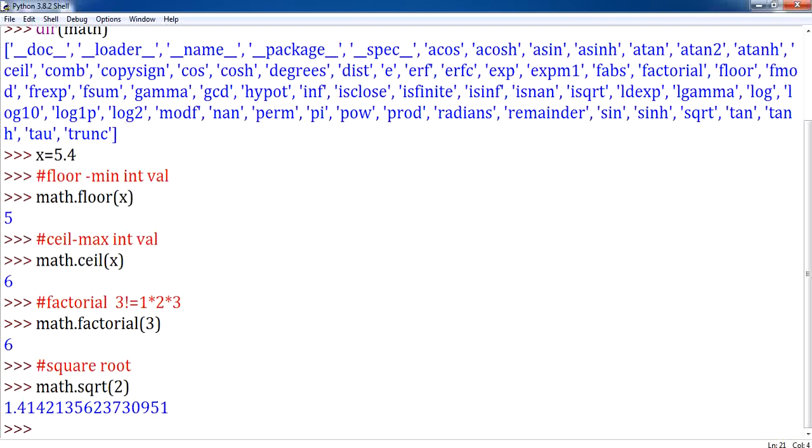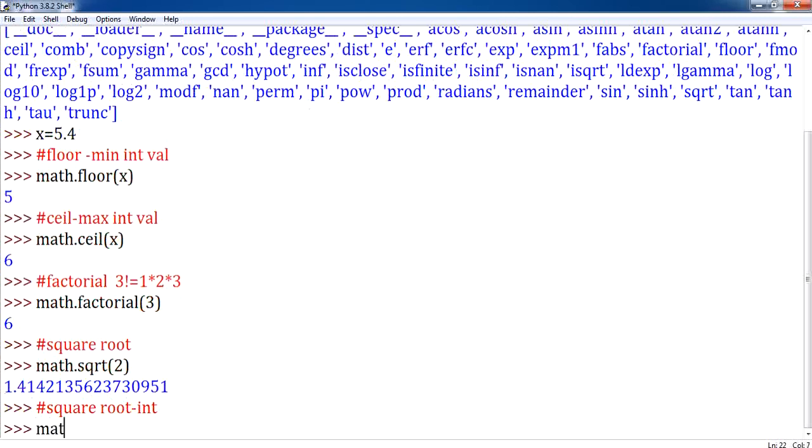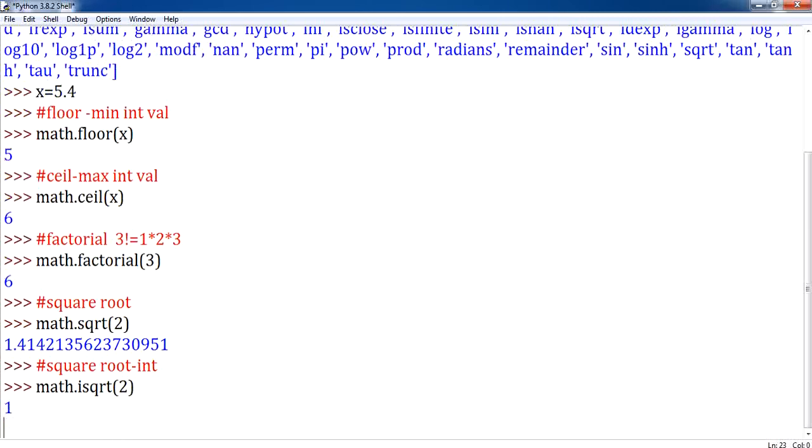I want this square root as an integer value, I don't want a float value. In such cases, I can make use of math.isqrt. This is for integer values. If I pass 2, you can notice that you will be getting an integer value.